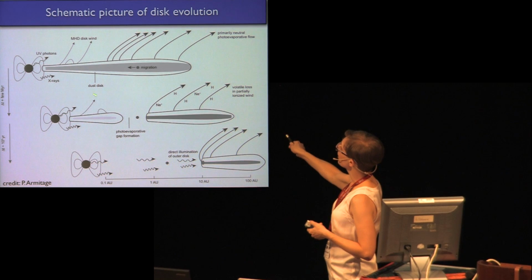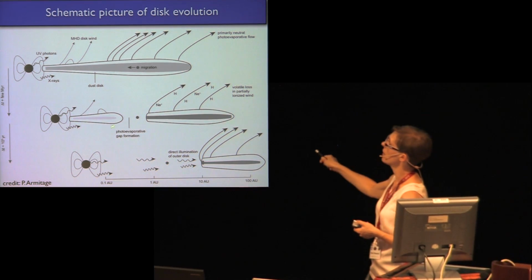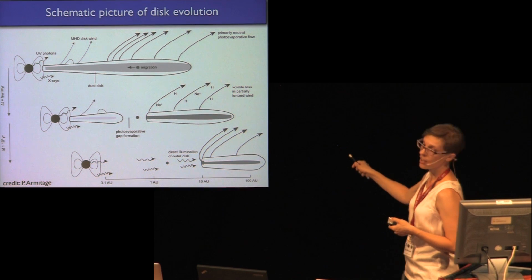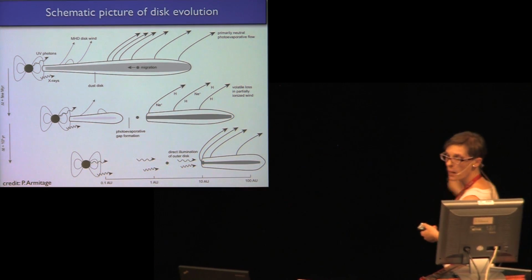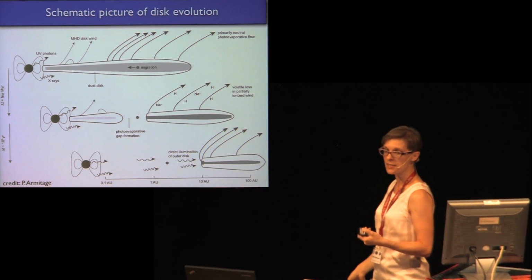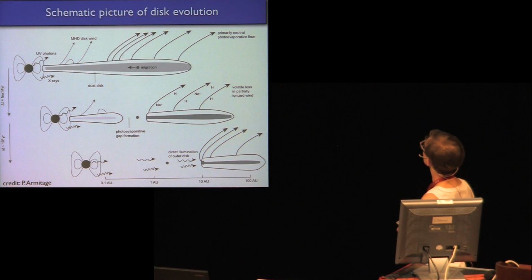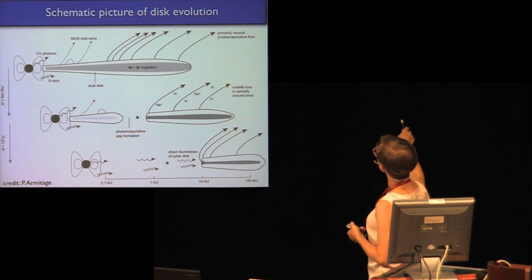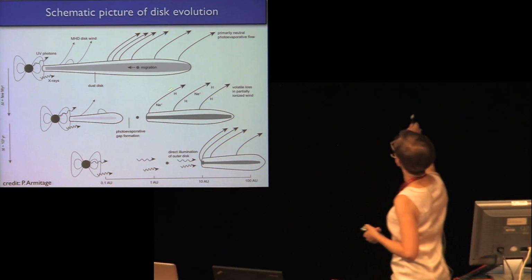At this stage, we still have matter, gas, close to the star that can accrete onto the central star. So this is maybe the stage of some of the accreting transitional disks that I've shown you before, including maybe TWI. And at this stage, we already start to see some of the ionized flow, for instance,